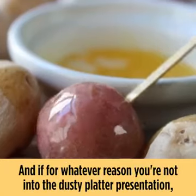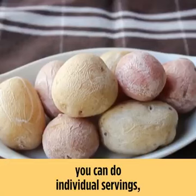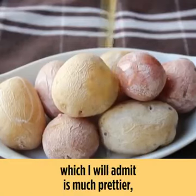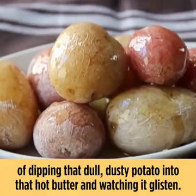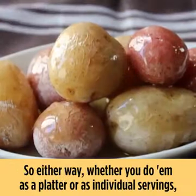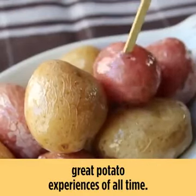And for whatever reason, if you're not into the dusty platter presentation, you could do individual servings and just simply drizzle or brush the butter on top before you serve, which I will admit is much prettier, but you're kind of cheating your guest out of that visual excitement of dipping that dull, dusty potato into that hot butter and watching it glisten. So either way, whether you do them as a platter or individual servings, you're in for one of the great American potato experiences of all